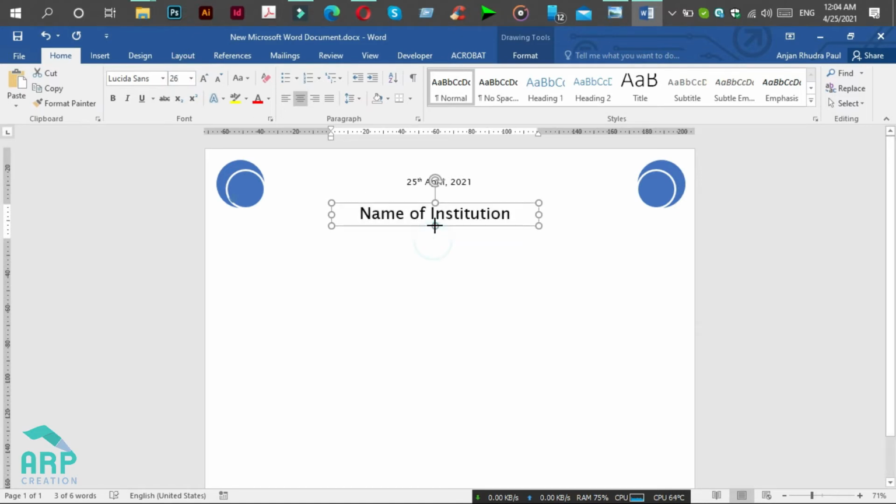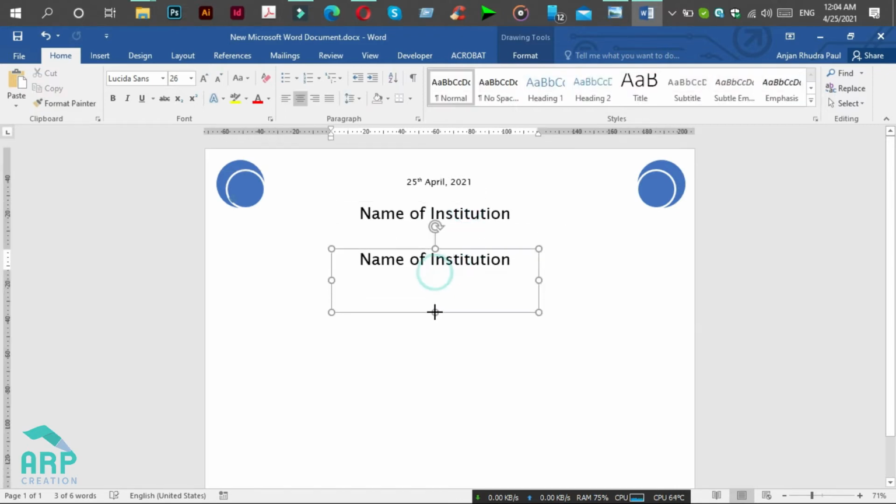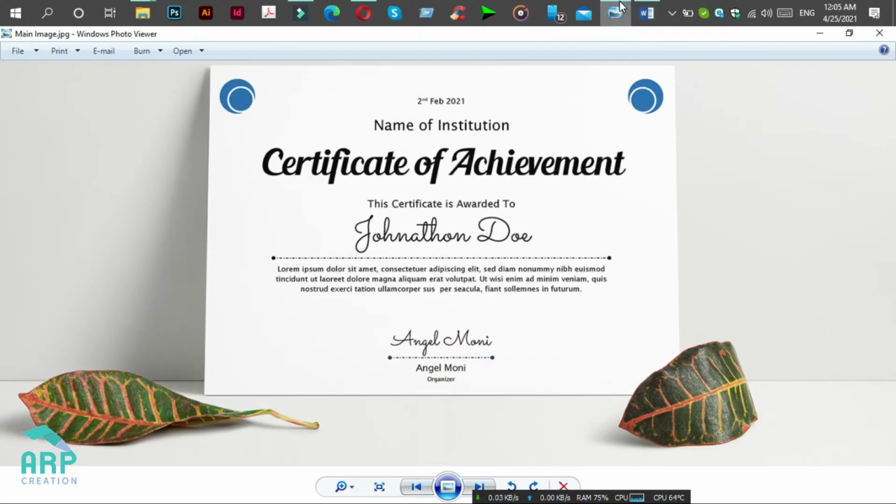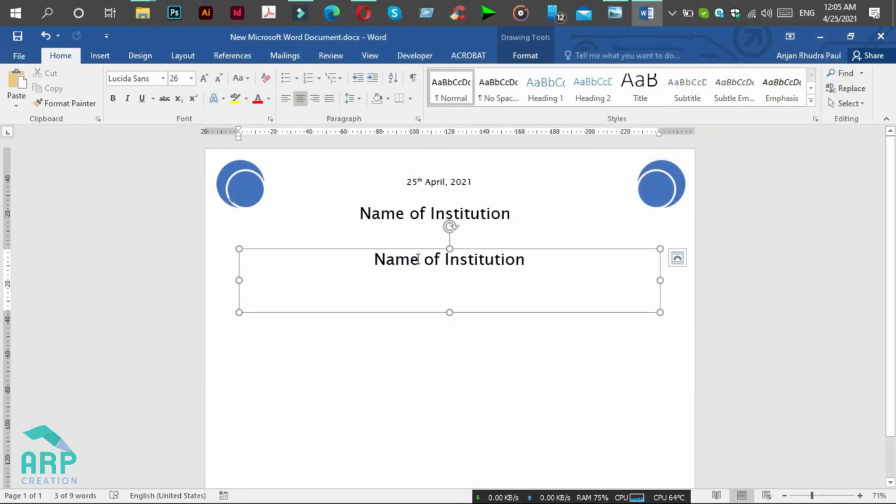Okay, now we will duplicate this text box again and change it to certificate.